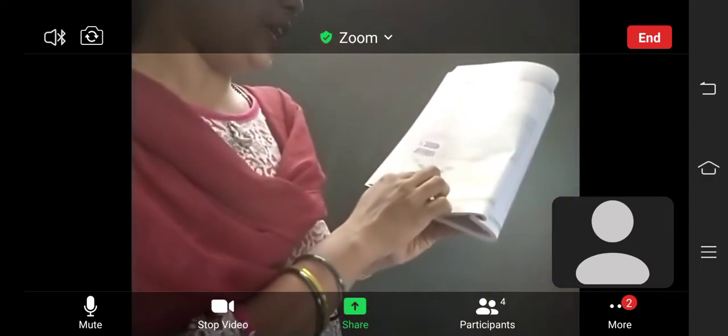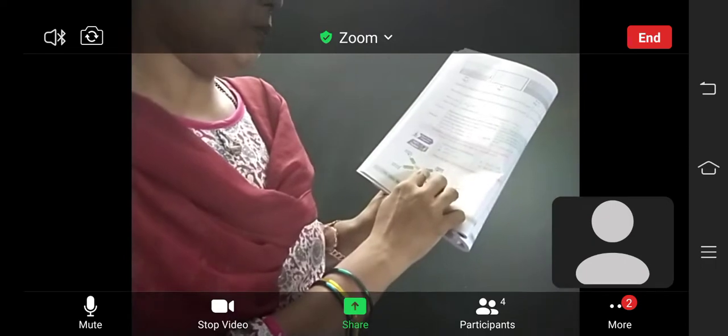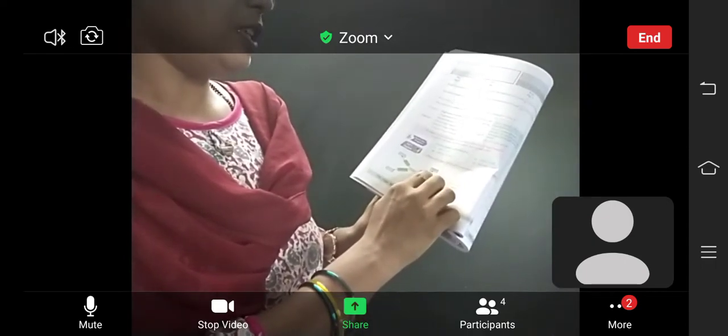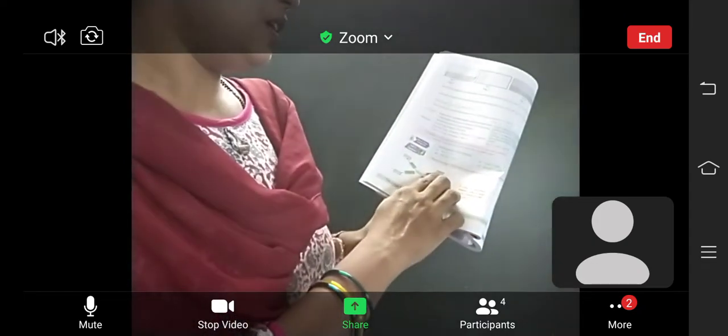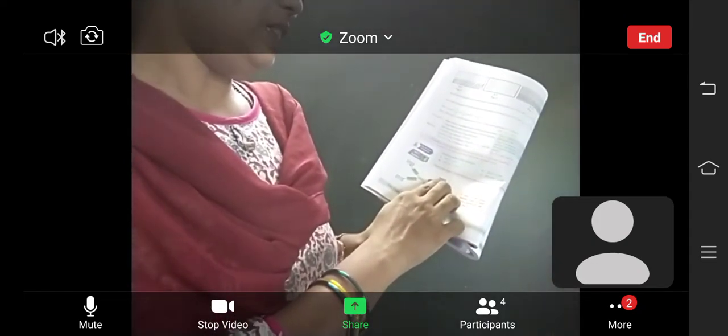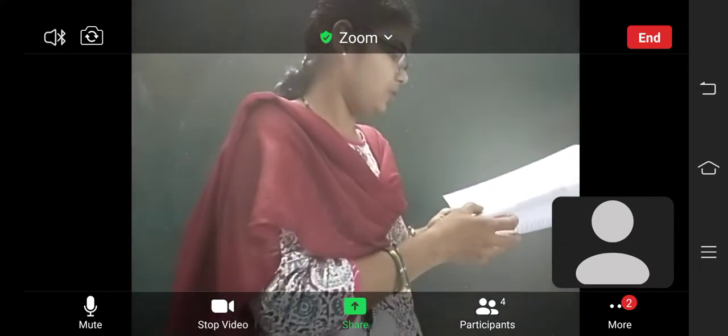Okay. Next, let's explore. Observe the figure. Fill the blue boxes with suitable decimal numbers. Here some numbers are given. You have to write answers in the blue boxes. 75.324, if you multiply with 100, what about the decimal point? Move to the right side 2 digits. So what will be the answer? 7532.4. Like that you should complete these 3 boxes. Okay children, that is the homework for you.